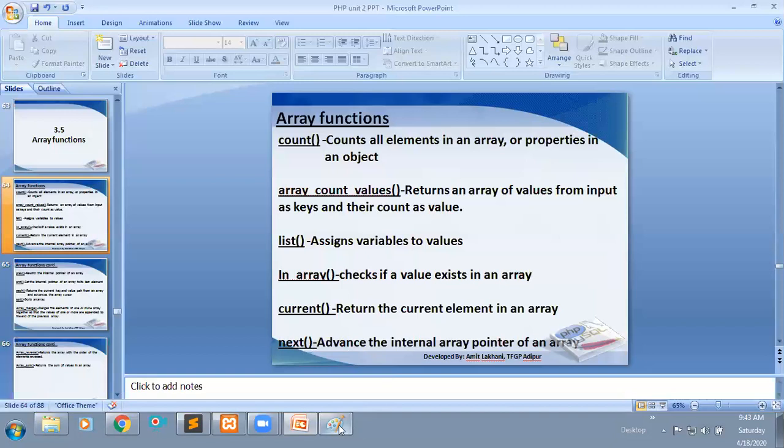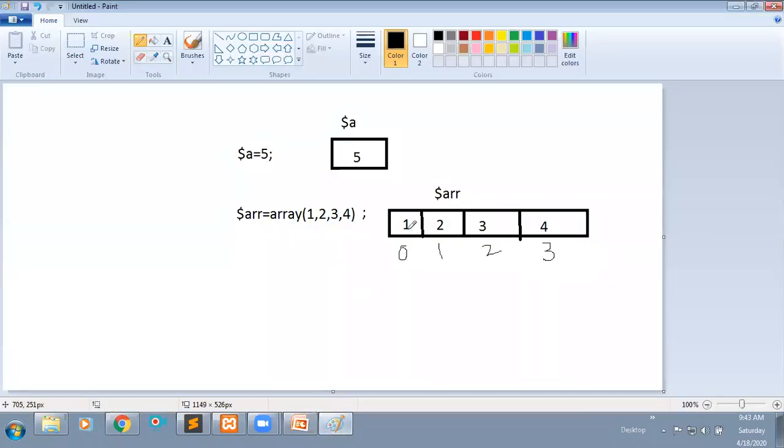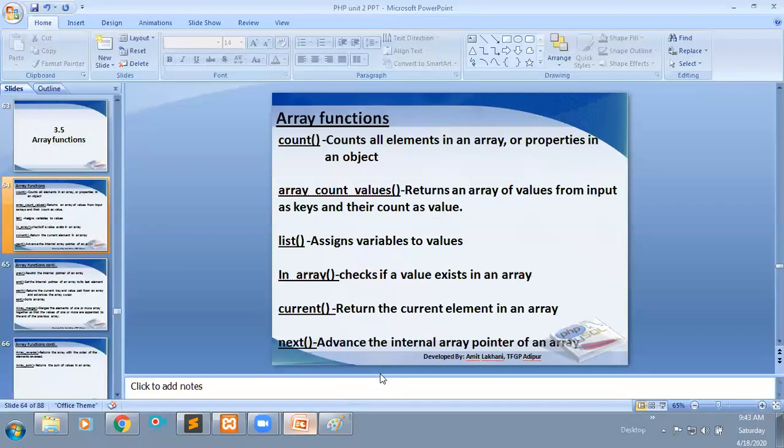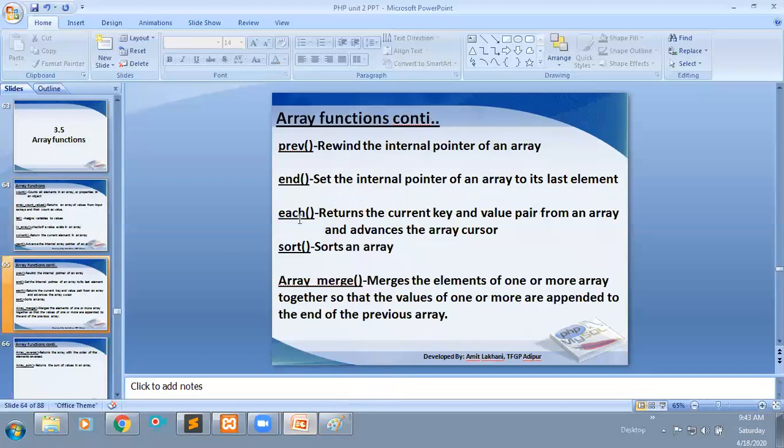If you observe here, the current value is 1; if you use the next function, it will return 2. In the same way we have the previous function, which will return the previous element from your array.